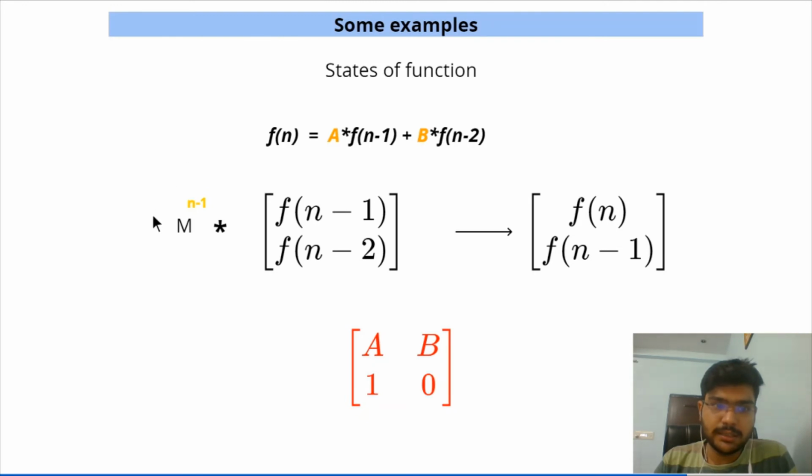So the first value will be something multiplied with fn minus 1 plus second value, suppose small b, multiplied with fn minus 2 will result in fn, all right? But in the given equation, we are assigned some constant a into fn minus 1 plus some constant b, that is capital B, into fn minus 2. So the values of small a and small b will be capital A, capital B, meaning the first two values of the matrix will be capital A, capital B.